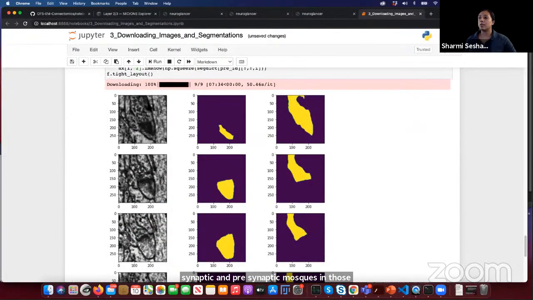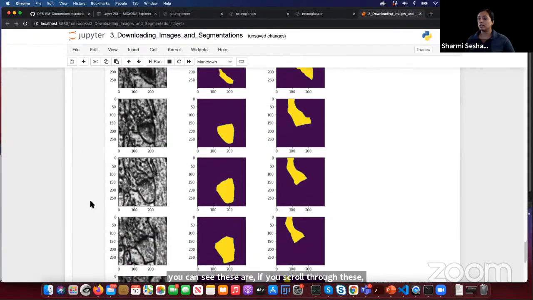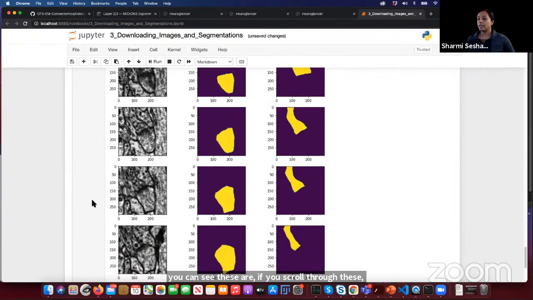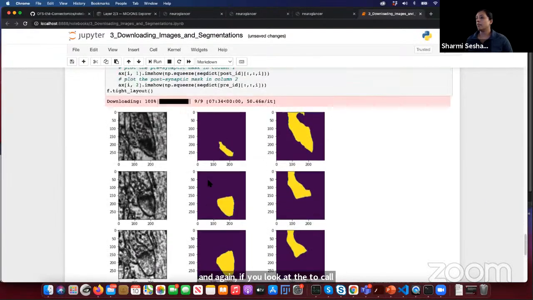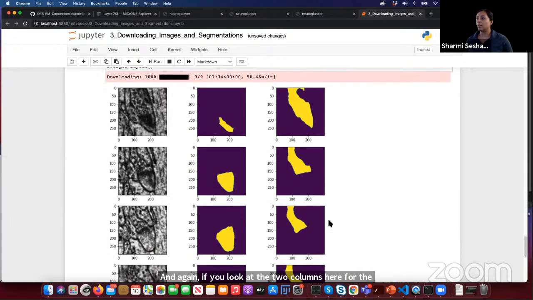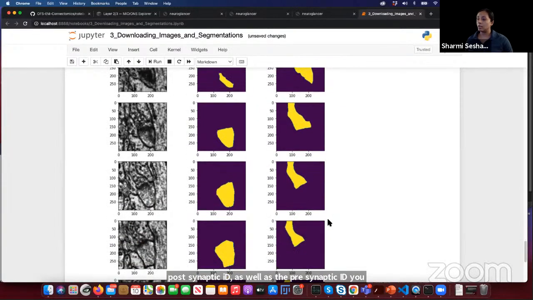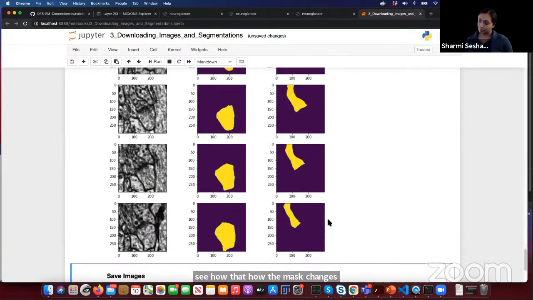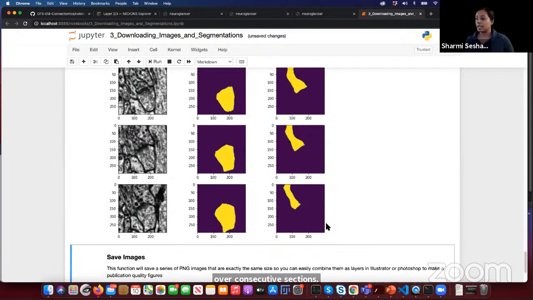If you scroll through these, you'll see these are consecutive images. And if you look at the two columns here for the postsynaptic ID as well as the presynaptic ID, you see how the mask changes over consecutive sections. So you can now save these images